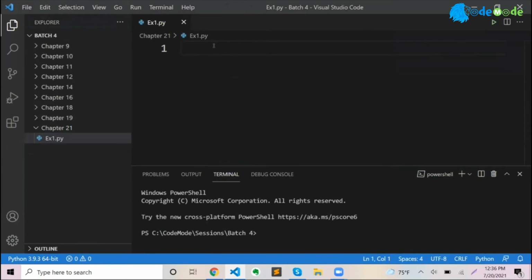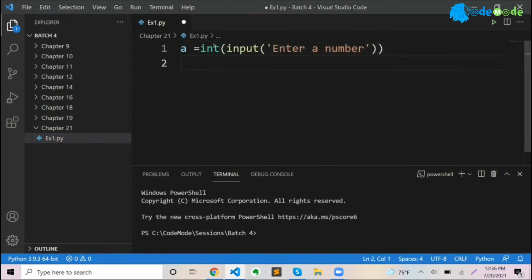So here we are gonna, as I said, A equal to input, enter a number, and then we'll say if A is, I like to give parenthesis, create a boilerplate. A is greater than 0.